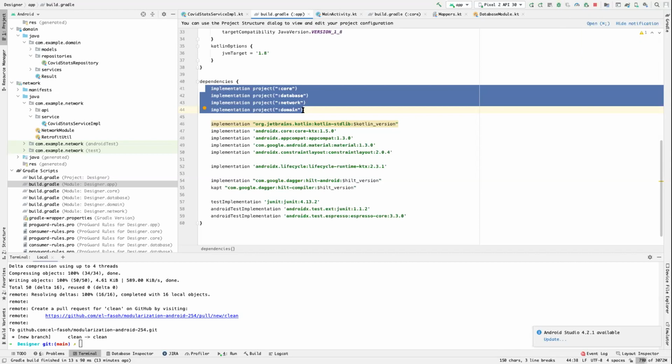Maybe to also expand more on the question, it depends on the module setup, because at times you might see a data module which implements the database, and maybe network modules separately. So what modules you add on the app level really depends on the project and the module setup you have. Also the setup would matter for how you structure your stuff.